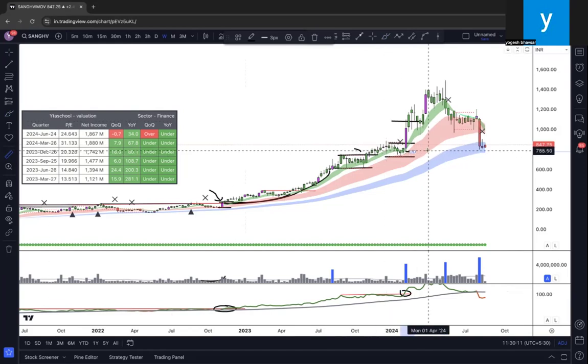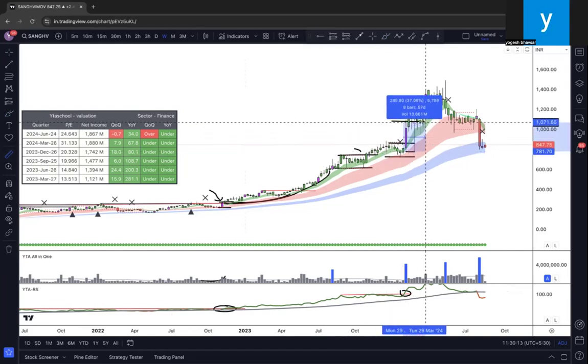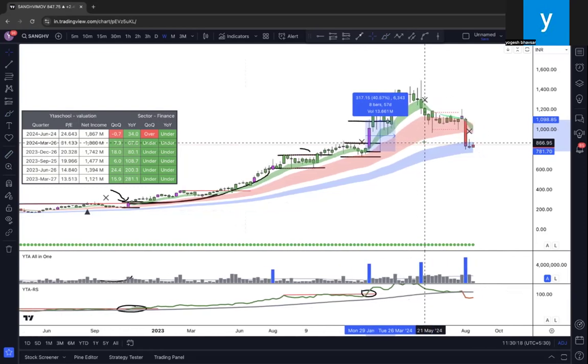Now, if we measure, this entire rally is nothing less than 40%. It looks like a beautiful small candle, but the trend is 40%. So if your stop loss becomes 40%, aren't you risking very high? So there is a possibility you may not take this trade at all. Let it go and keep whatever is below, or reduce your capacity of investment.